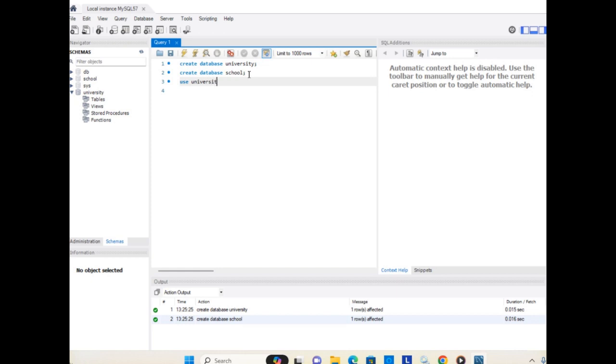I give the name of the database in which I have to create a particular table. So I give the command use and the name of the database, and I simply execute this, and you can see 0 rows affected, and I can now start to use this database in order to create the table. How we are going to create the table, we will see in our next video.